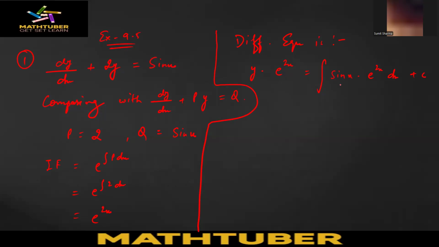So according to ILATE, this should be first and this should be second. So y into e raised to power 2x is equal to first as it is, integration of second minus integration of the differentiation of the first function. So it is cos x into integration of the second function e raised to power 2x dx into dx